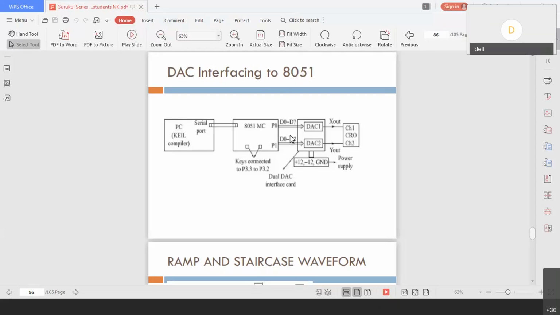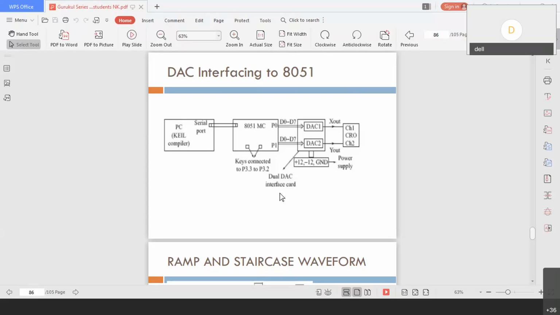To begin with, if I send the value 00, what happens to the DAC? The DAC output will be 0 volt, if it is working for 0 to 5 volts. If I make the value FF, what happens? The maximum value, let us say 5 volts, is the output we get. What if I send 7F? It's an intermediate value, 2.5 volts. That means every value generates some voltage equally if it is 0 to 5. No sir, I have plus 12 and minus 12 volts. No problem, then the maximum will be plus 12 and the minimum will be minus 12.